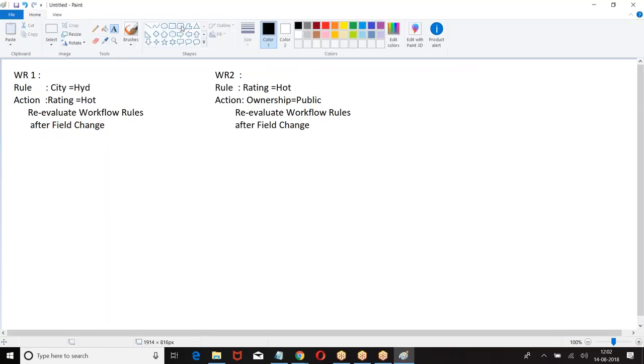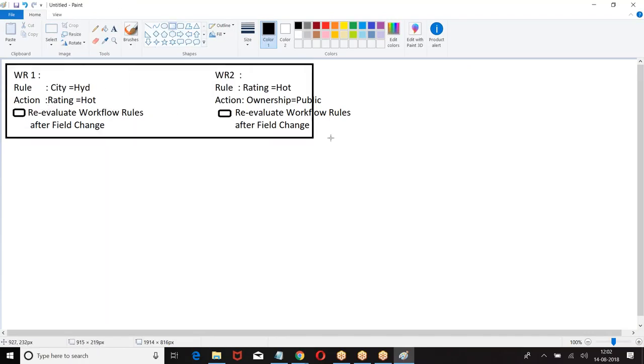Right. So these are 2 workflow rules. Listen carefully, boss. What is the purpose of that statement? Re-evaluate workflow rule after field changes.